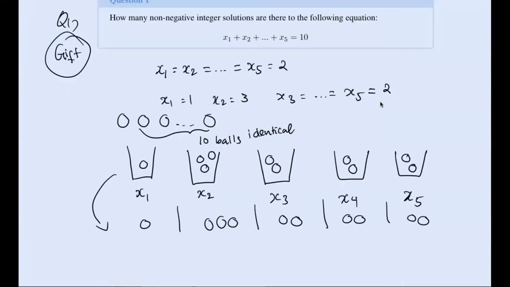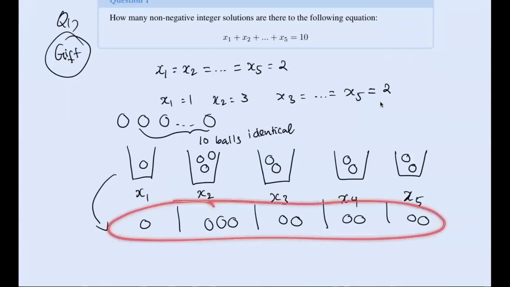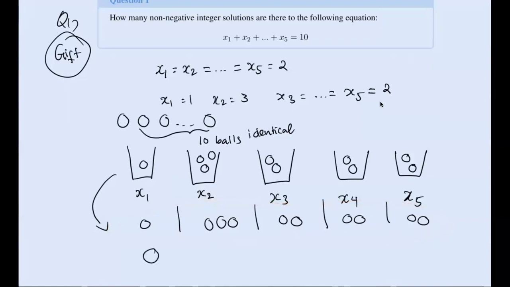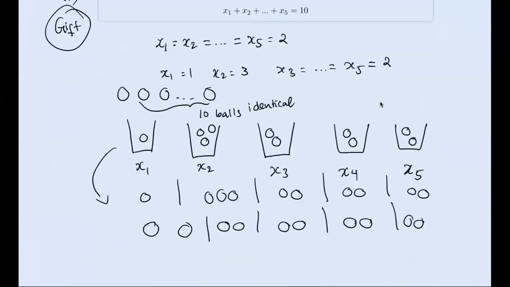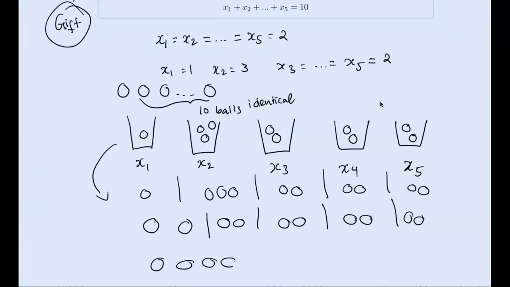And then we will see that the number of ways that you can distribute the balls into those bins is just the number of ways you can arrange these characters. Because if you move the position of the divider, then you will have a different distribution. This distribution corresponds to 2 balls in bin 1, 2 balls in bin 2, and so on up to bin 5. Or if you put all the balls first like this,